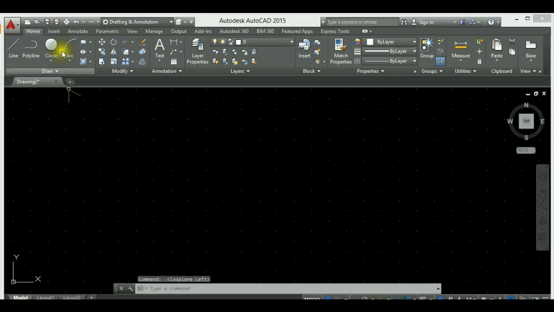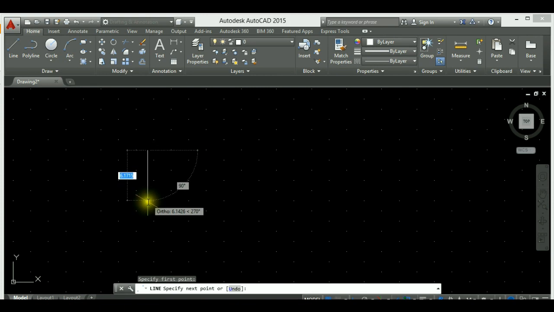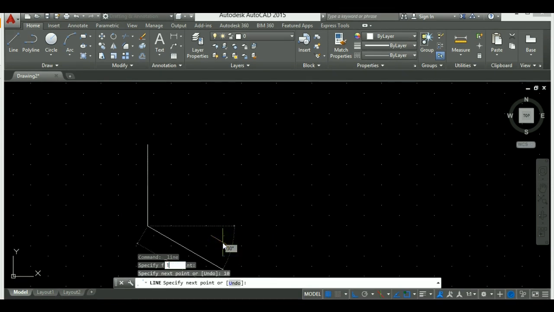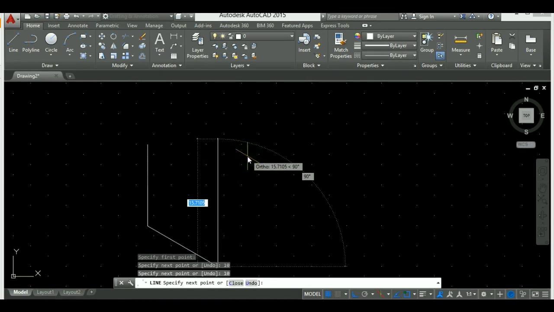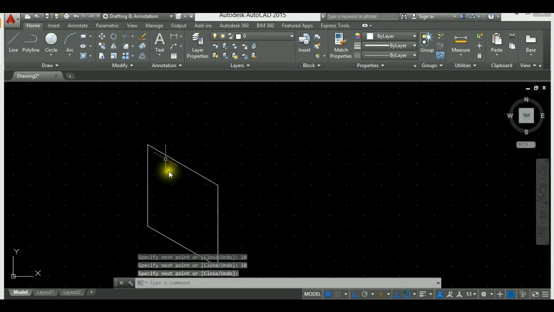So if I take a line, for example, I want to draw a simple box that is, say, 10 by 10 by 10 by 10. Okay, so now I've drawn this first, and I want to draw the top plane, so I'm going to have to change the direction to see the direction that has to be on this plane, because that's where I'm drawing. I'll draw a line and make sure it is 10